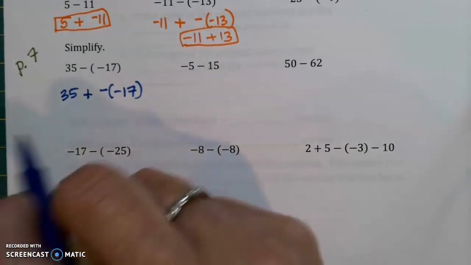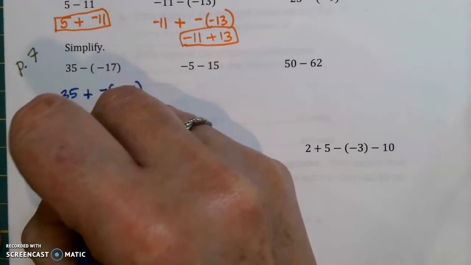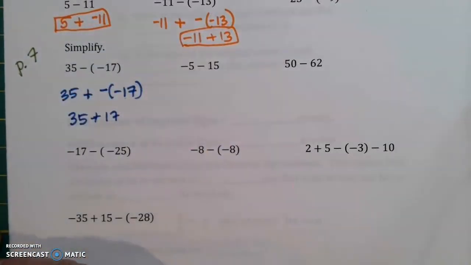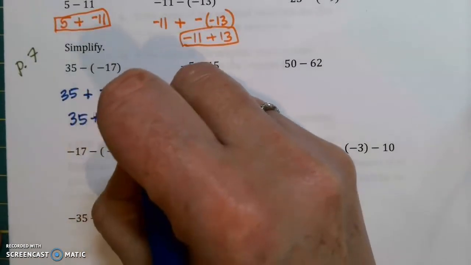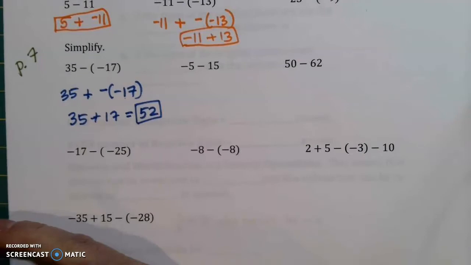rewrite it. But when we take the opposite of something negative, that gives us a positive. So this really means the same thing as 35 plus 17, which would be 52. And they were both positive, so my answer is going to stay positive. With the next one,